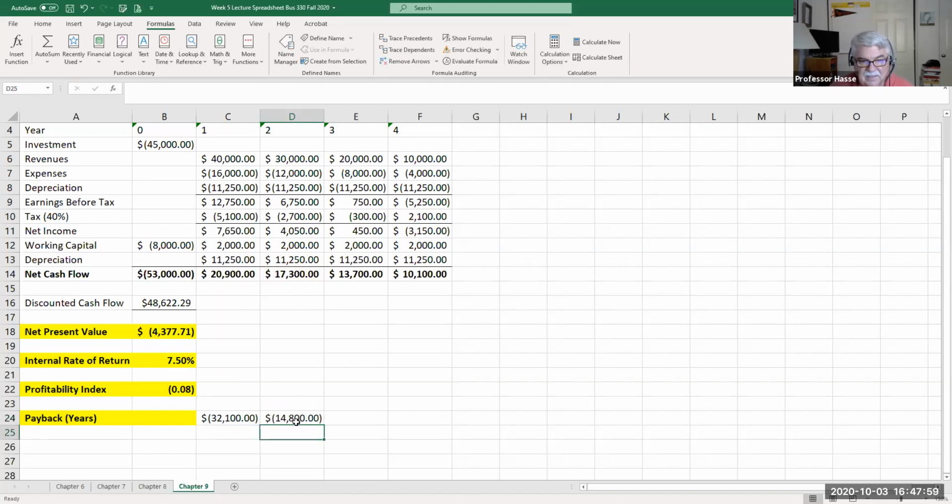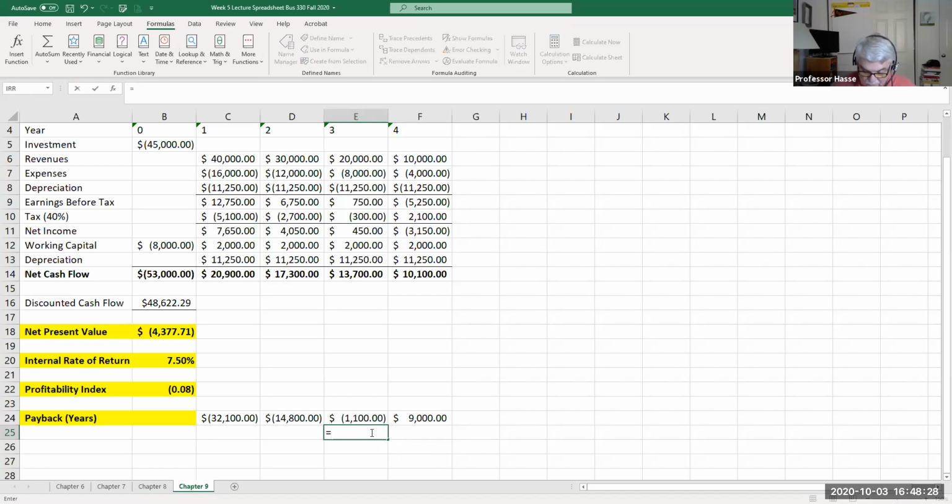We got 14.8 left. In year 3, we have 14.8 left to cover in our cash flow, and in year 3, we earned 13.7, a little bit left. So when we do that same formula, we have 1,100 left, and we add in the project cash flow here, 10.1, we're over. 1, 2, 3 years,